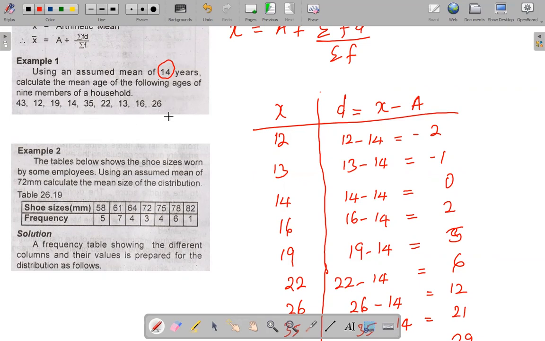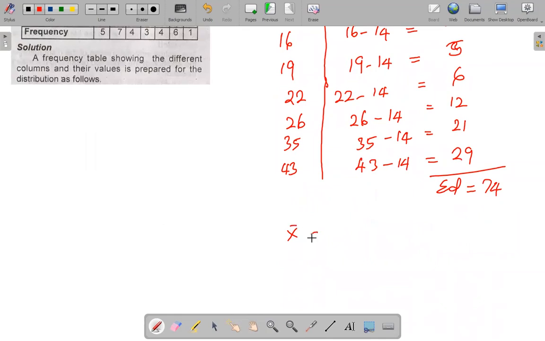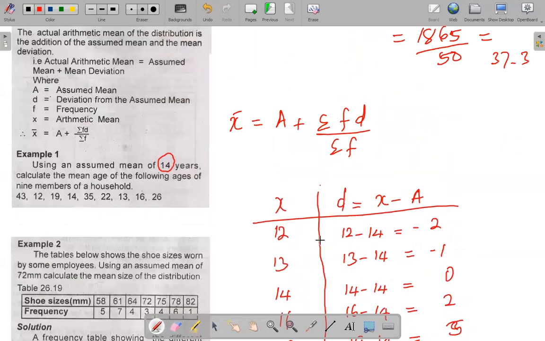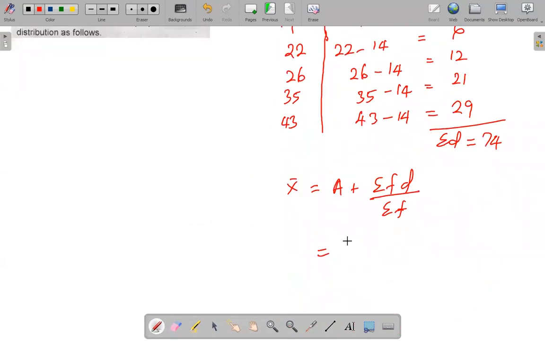We have 9 there. So the mean is A plus summation FD over summation F, where the assumed mean is 14, so 14 plus 74 all over